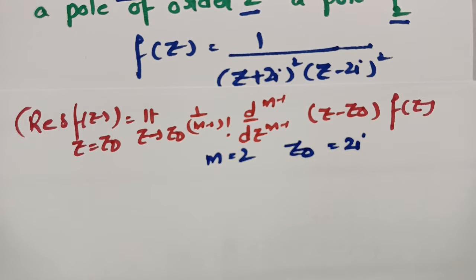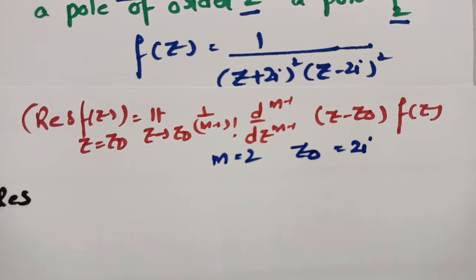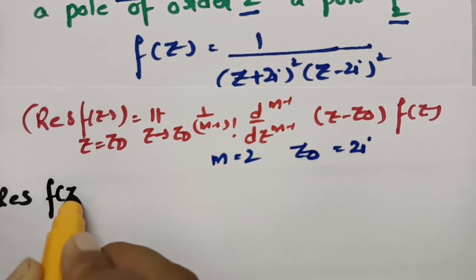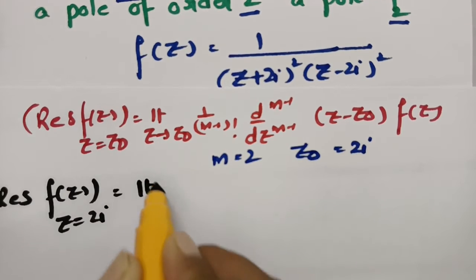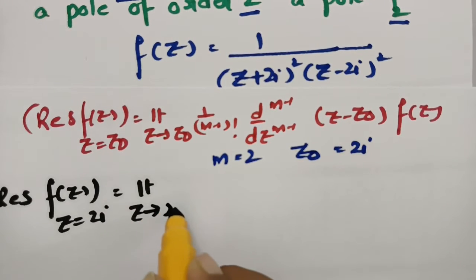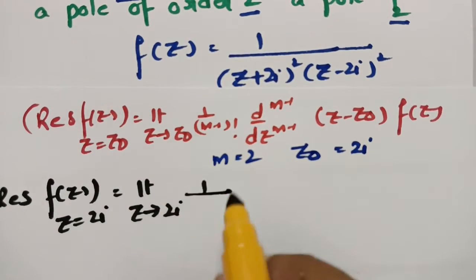So now I can calculate the residue value. The residue value of f(z) at the point z equal to plus 2i is nothing but the limit as z tends to 2i of 1 by (m minus 1)